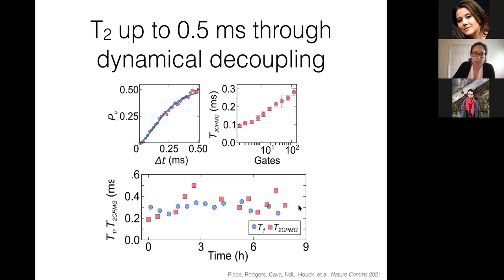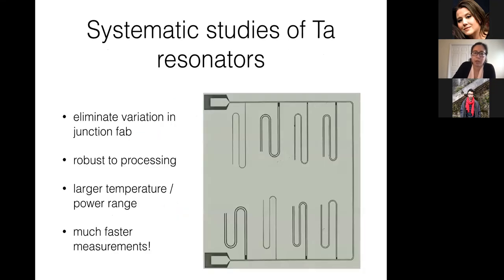Okay, so with the last 5 minutes or so, I thought I would talk about a little bit of preliminary data, trying to do more systematic studies of the loss of tantalum by doing measurements of resonators instead of qubits. So the idea is that we can do multiplexed experiments by making many resonators that are at slightly different resonance frequencies. And then because we're just making these out of tantalum, we sort of eliminate the variation in our aluminum